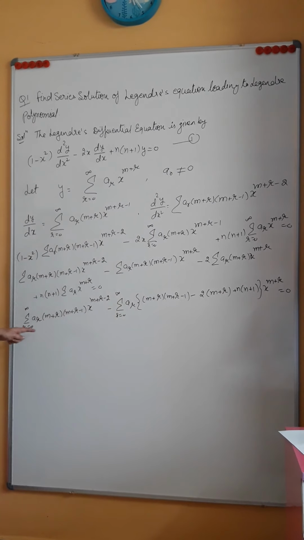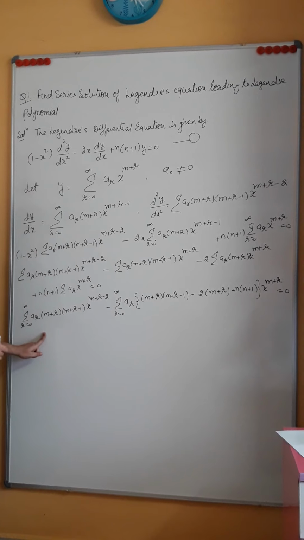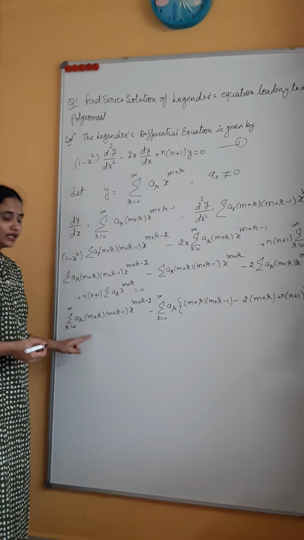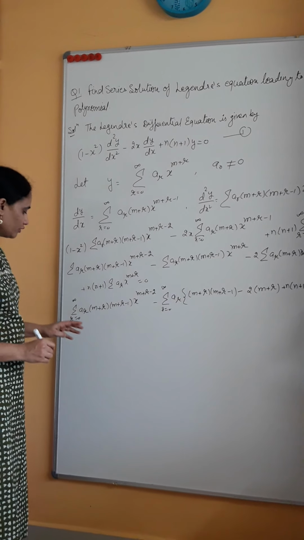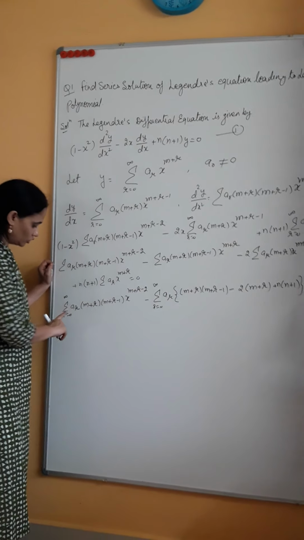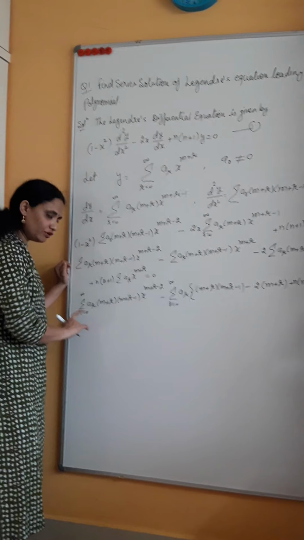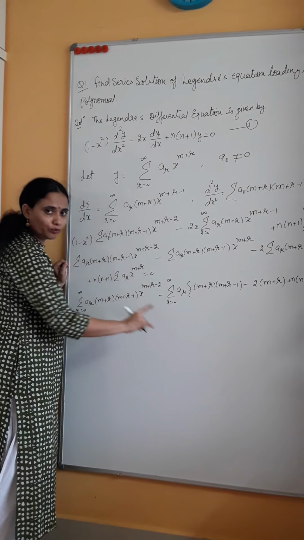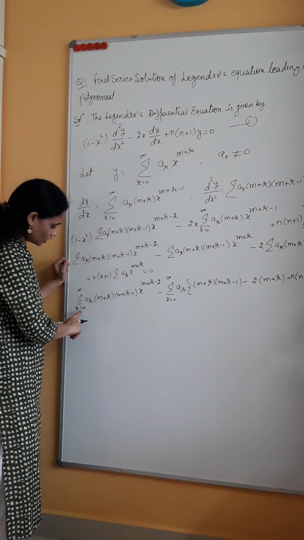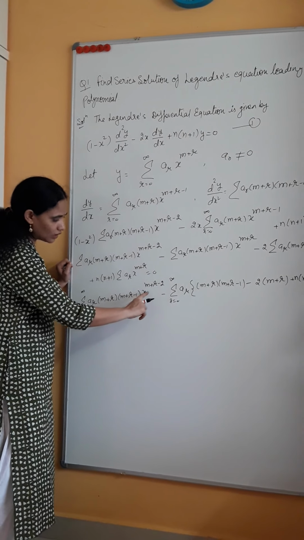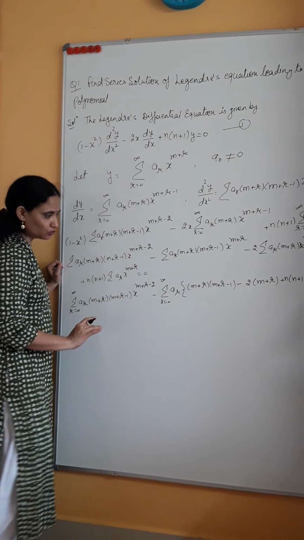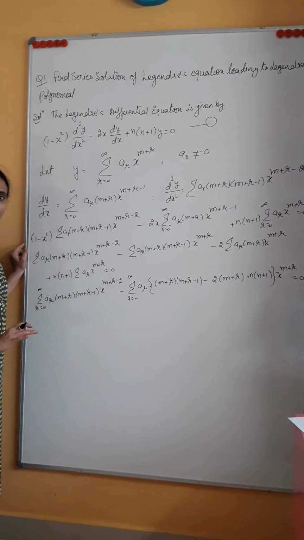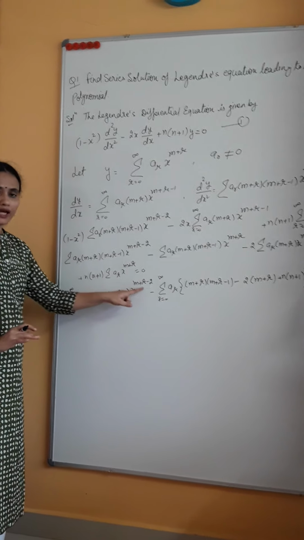Now to find the values of the constants, again we have to start with the lowest power and see what are the values of these unknowns. So what may be the lowest power here? The lowest power is possible when we put r equal to 0. So if we put r equal to 0 in both the terms, which is the lowest power? When I put r equal to 0 in the first term, I get x power (m minus 2). And here when I put r equal to 0, I get x power m. So which one is the lower? x power (m minus 2).